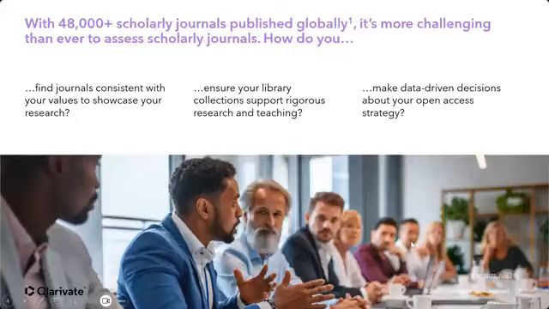To start us off, I always like to show some statistics around scholarly publishing. On this slide, you would note that there are currently over 48,000 scholarly journals published globally. And if you think about the number of issues, volumes, and articles per journal, and perhaps limit it to your own discipline or specialization, we are talking about a large amount of content. So now, even more than ever, researchers like yourself, your library, and even your institution will find it more challenging.